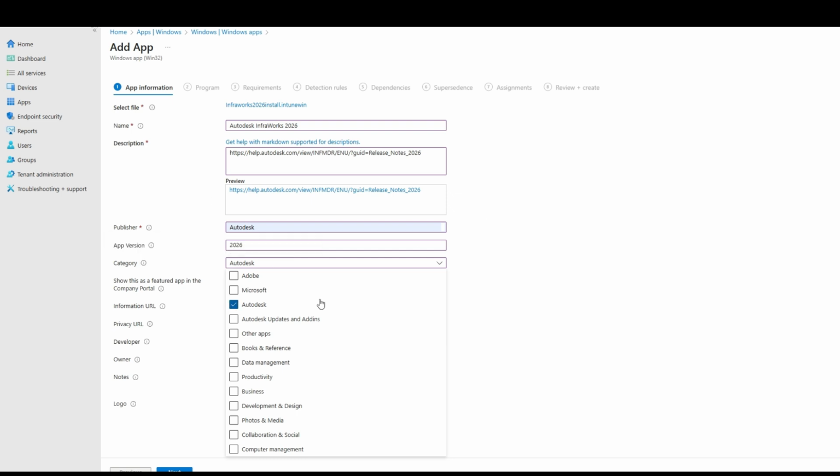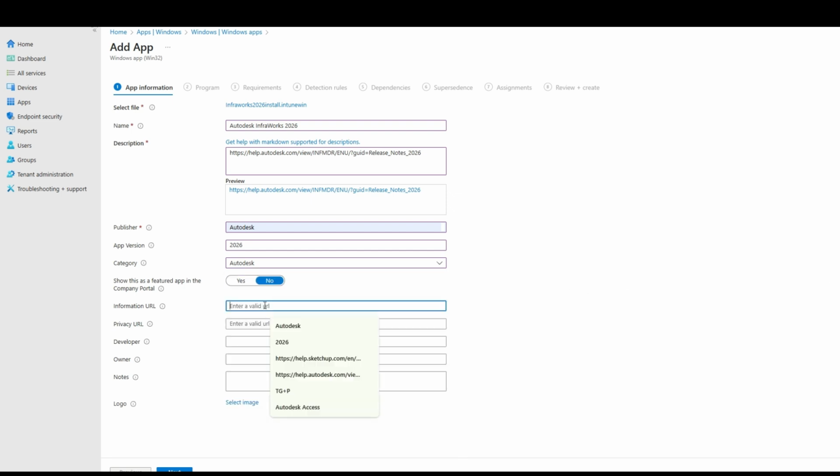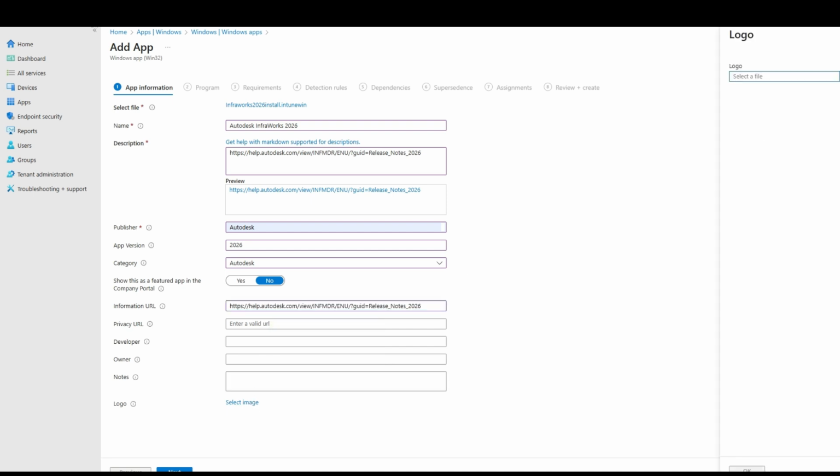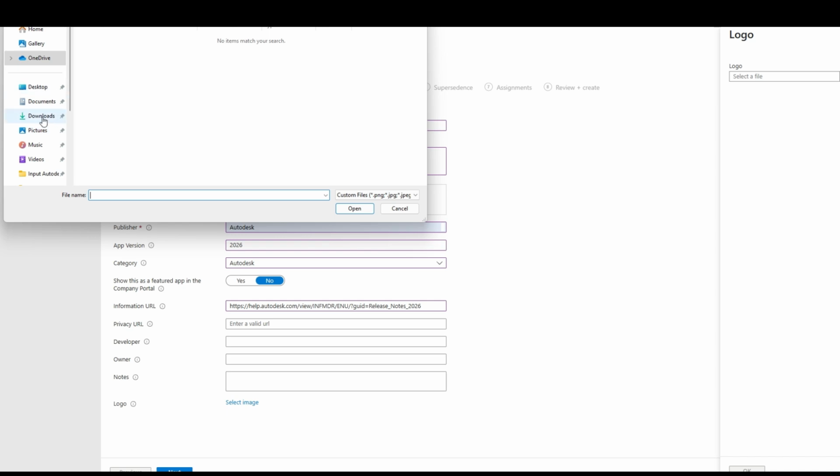We do the category for sorting. You can create these categories in your settings, so that's why we've added some of this stuff like Adobe, Microsoft updates, add-ins, things like that, just so there's a different way to sort if we need to. Put that there. We already took a screen capture of